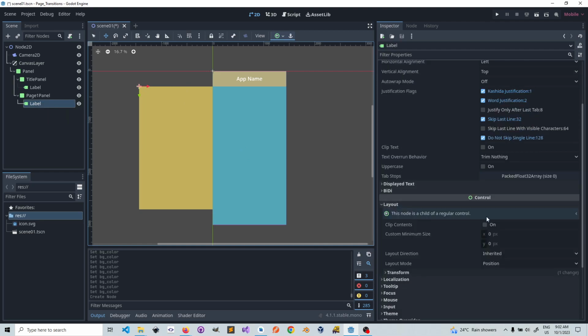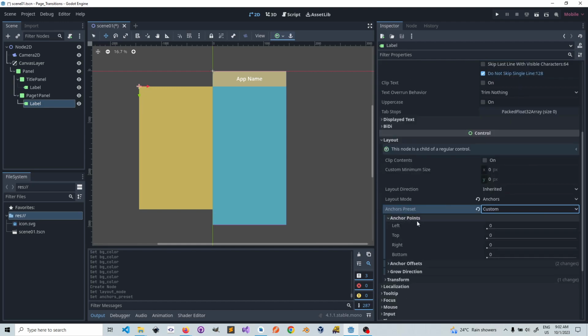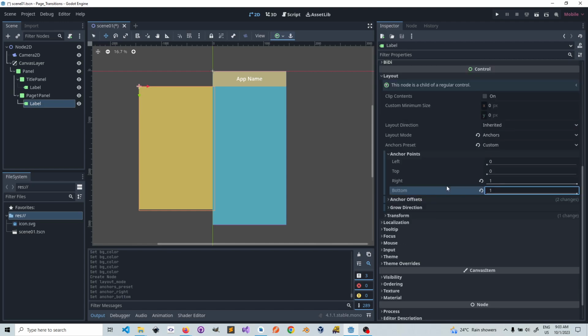That's under layout. We're going to say layout mode anchors, choose custom, and then anchor points from 0 0 1 1,